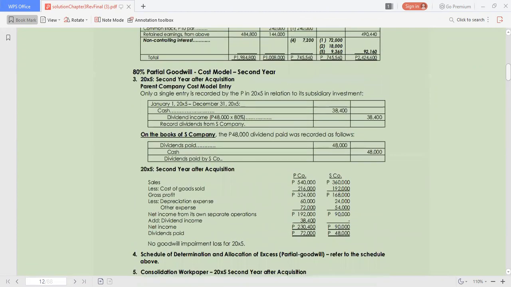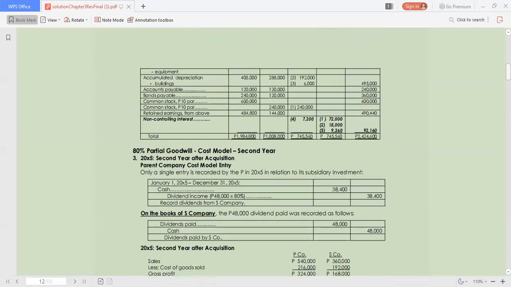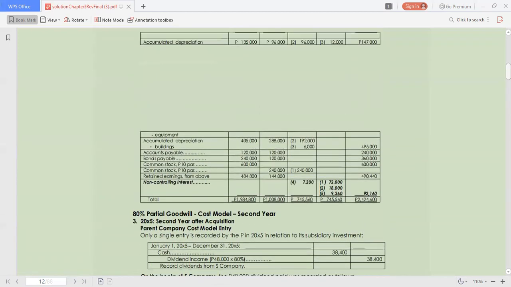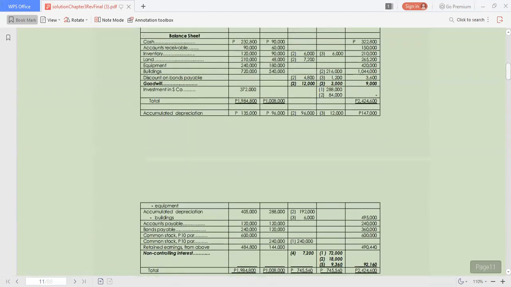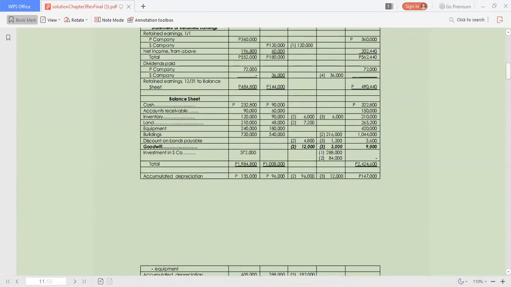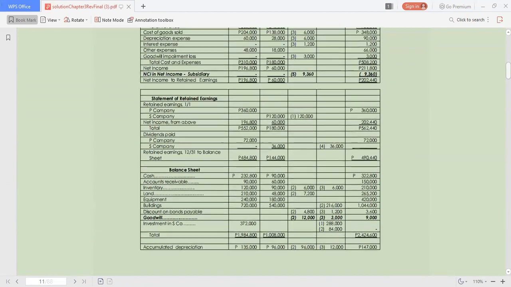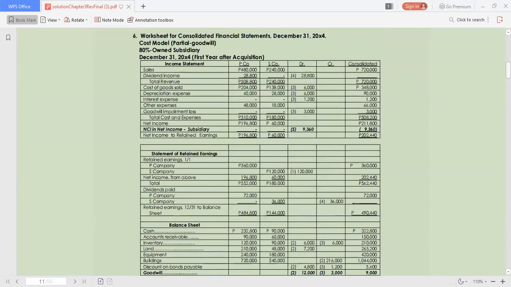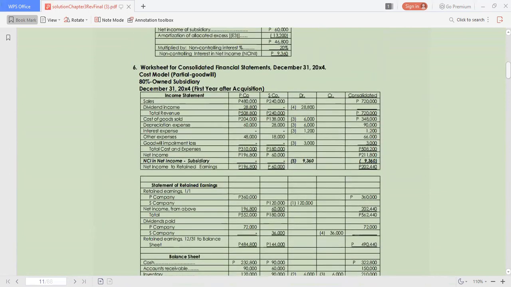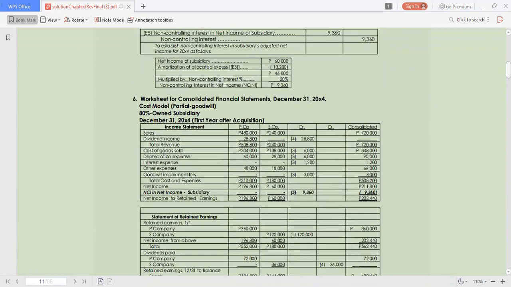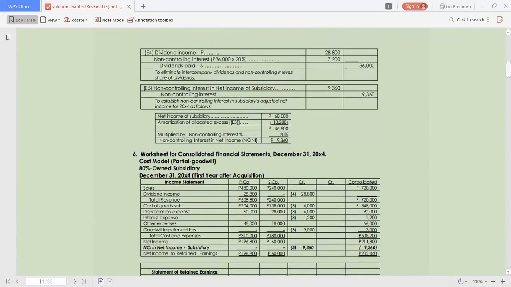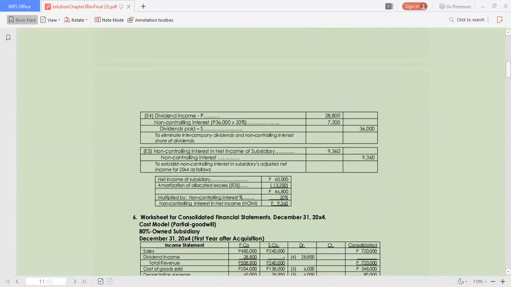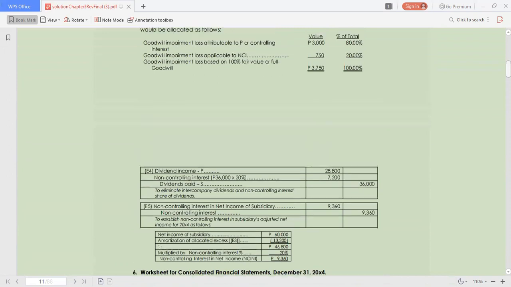In the year 20x4, before we proceed to the work paper. Now, actually, the work paper is requirement number 6. That's the worksheet. But of course, before we go to that worksheet entries, we have the requirement in number 5